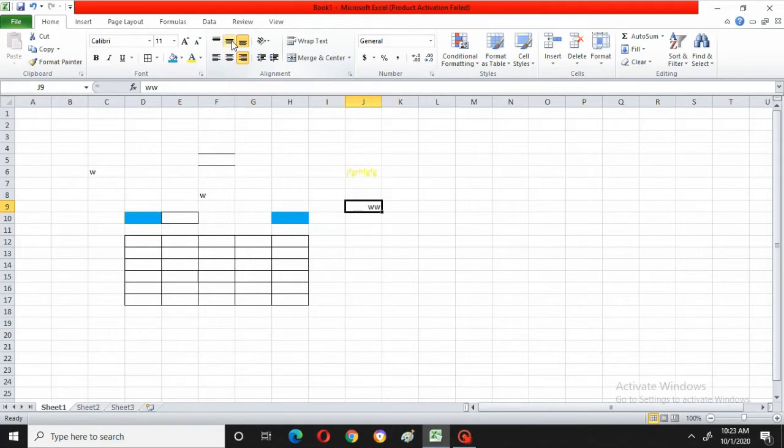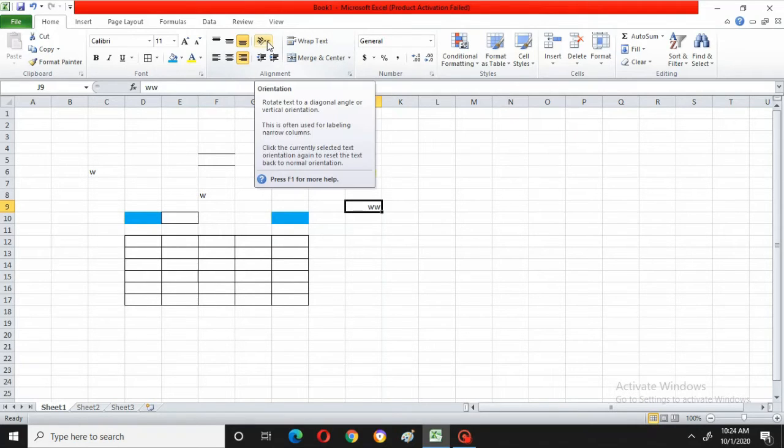And these are to make the letters top align. If you want it to do top, the letters will go up. If you want to make it in the middle, the letters will be in the middle. If you want to make it down, bottom, it will be in the bottom. But this particular cell, it is not taking. This will be working for the letters when you go for this merge and center. I will show how it works.